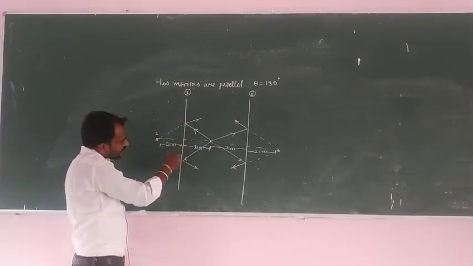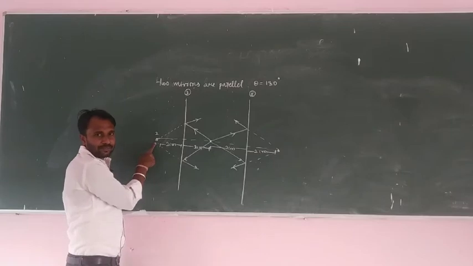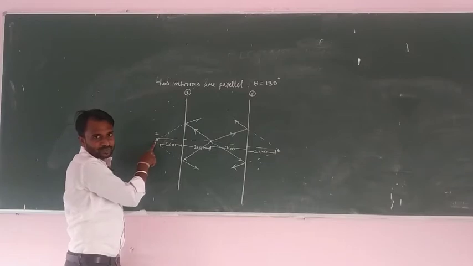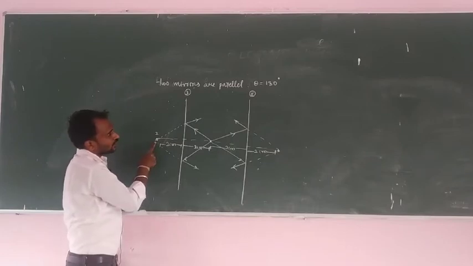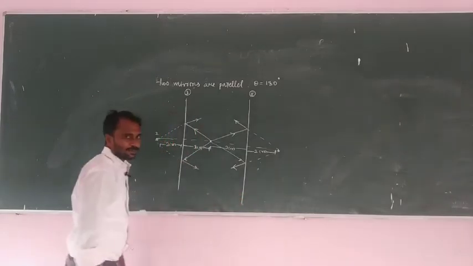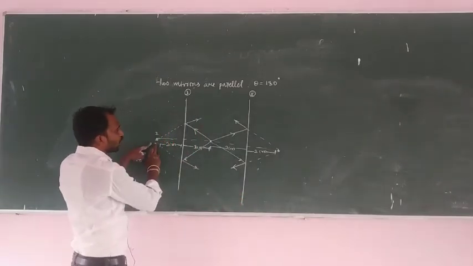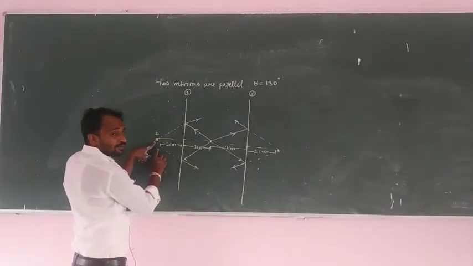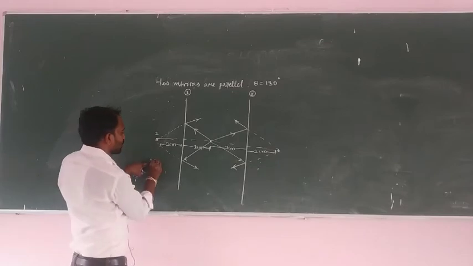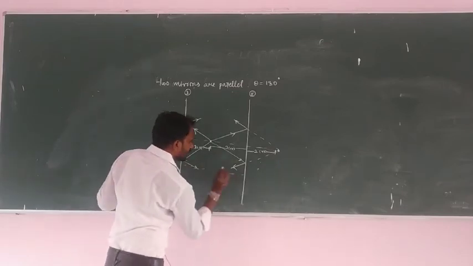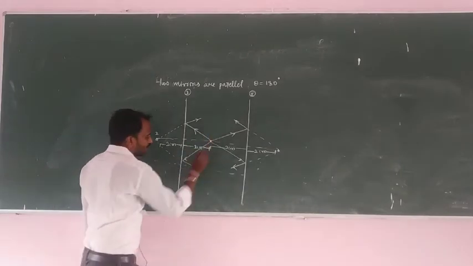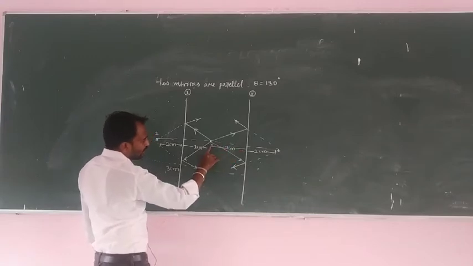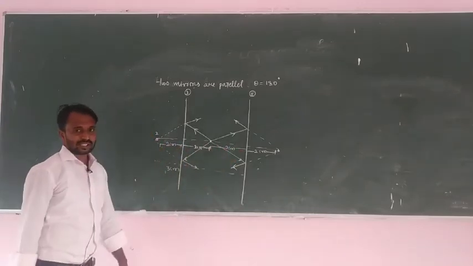If you consider the first mirror, this one is an image. If you consider the second mirror, this one is a virtual object. Yes, so this one is a virtual object to the second mirror. The distance of this virtual object from the second mirror is 1 centimeter, 2 centimeter and 3 centimeter. So the distance between the virtual object and the second mirror is a total of 3 centimeter. Why? Because the first centimeter, the second one, and this one is the third one.